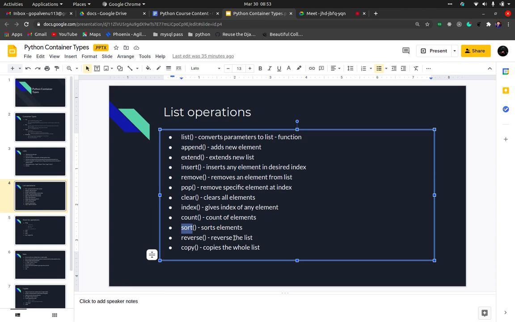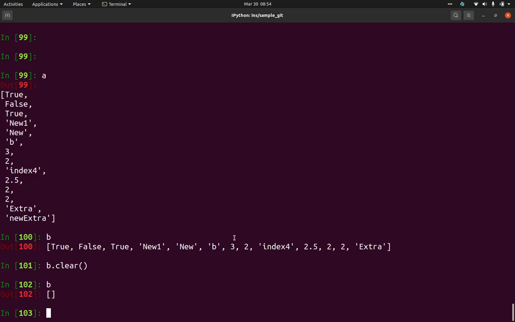Sort works the way we sort things in many applications like Flipkart. It will sort elements in ascending or descending order. But for sort to work properly, you have to define a list with elements of the same data type.